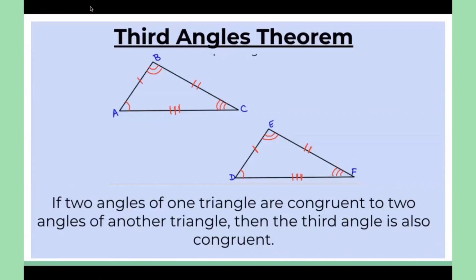Next up, we have the third angles theorem, which states that if two angles of one triangle are congruent to two angles of another triangle, then the third angle is also congruent. This is a very, very wordy way to say something really similar. This is basically just saying if